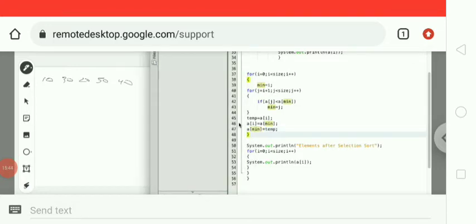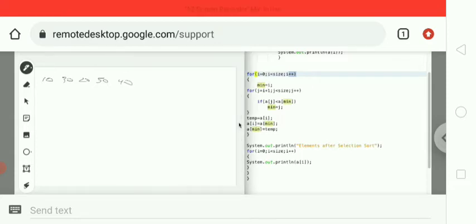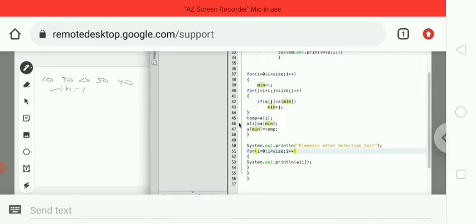Okay, after finishing the one iteration, again the loop will jump here, I plus plus. Now I value will become 1, less than 5, condition is true. After that, min value will become 1 because I equal to 1, that's why min equal to 1. After that, for j equal to I plus 1, that means j value will become 2 here because I value is 1. So 2 less than 5, condition is true.